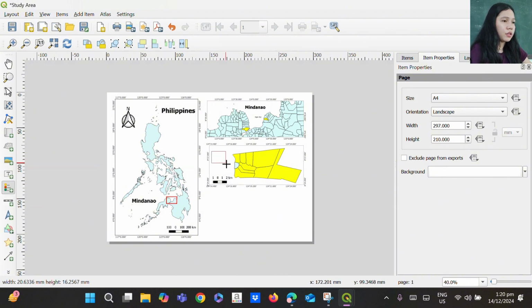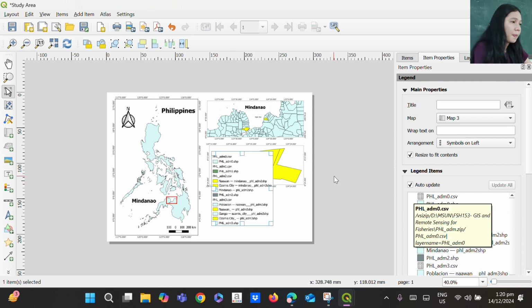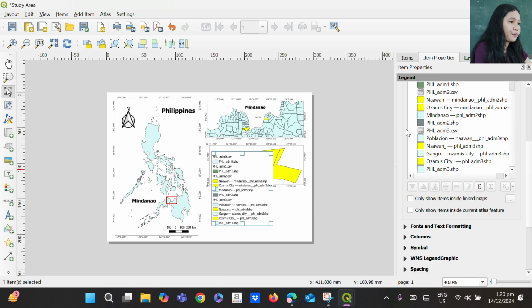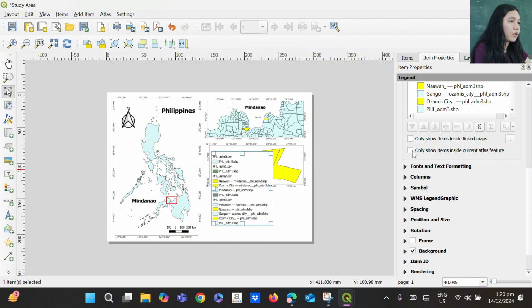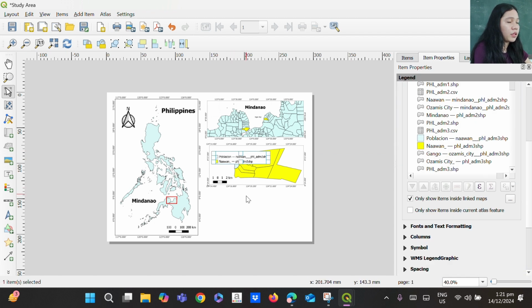And then in order to know the areas that are highlighted, you need to add legend. So you need to add legend right here. For you to edit the legend items, you need to click on this box, only show items inside linked map. So you need to click this one so that it only shows the name of the area or the name of the items inside your map.